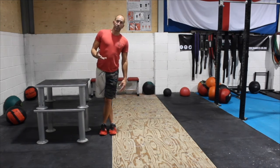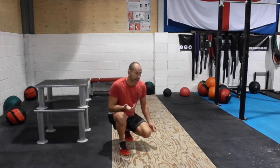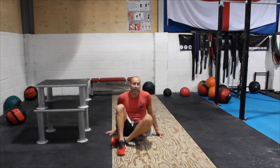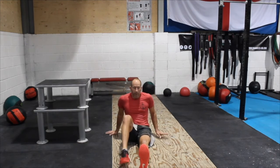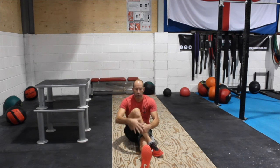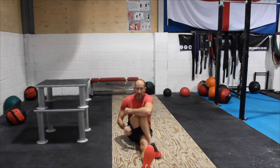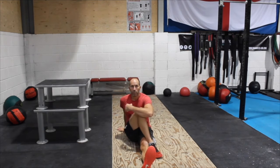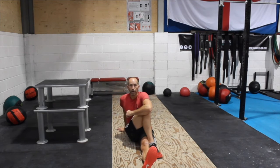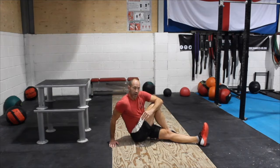There's another variation of this stretch. I'm going to be holding that one for about 20 to 30 seconds. Another variation is sitting down on the floor. I've got my left leg nice and straight. I put my right leg over the top of my left leg, so I've got my feet nice and straight, and I'm going to take that knee towards my opposite shoulder, and I'm going to grab it and take it across. I'm starting to stretch down through the ITB, so I'm going to turn side on. I'm starting to take it across my body. It's a slightly harder stretch, this one,